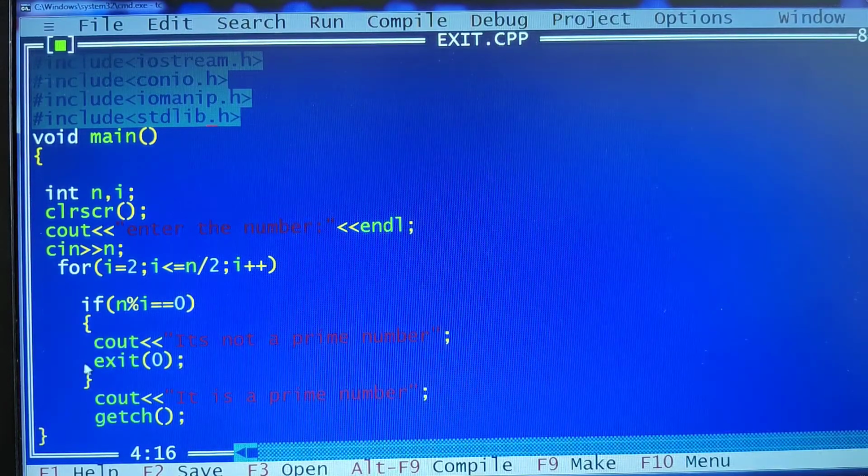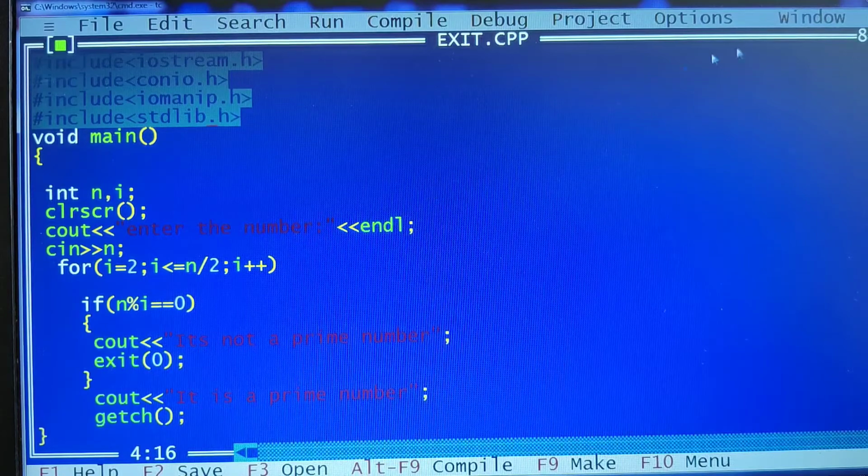The control jumps to the next statement. But what is there in the next statement? That is exit of 0. This abruptly terminates the execution of the program, and the control will come back to the program code.